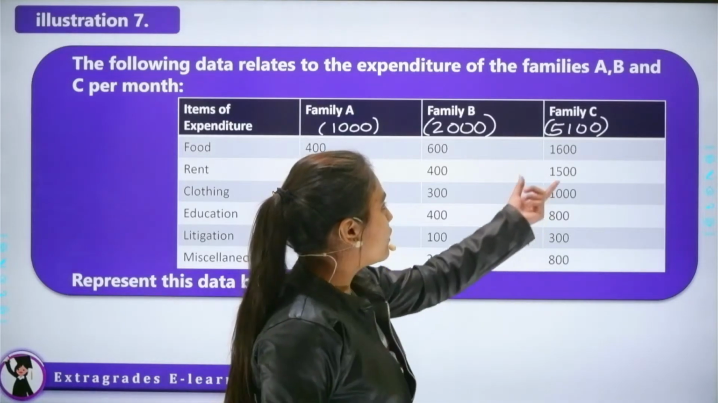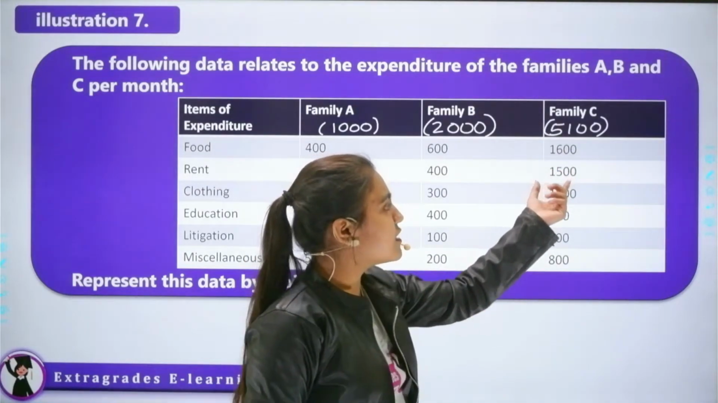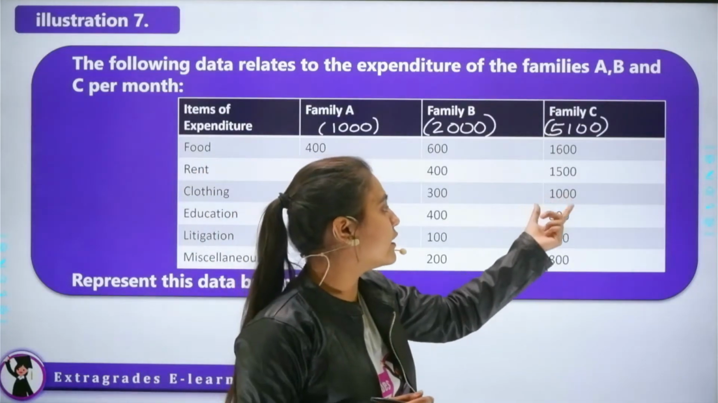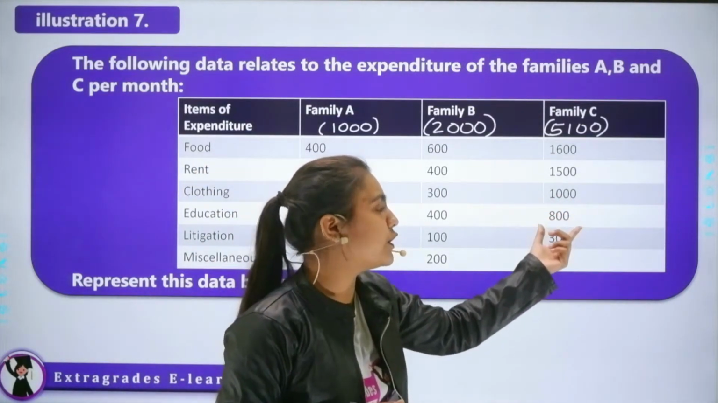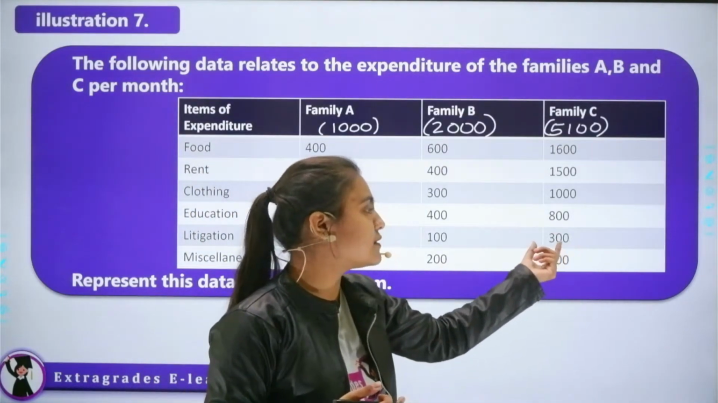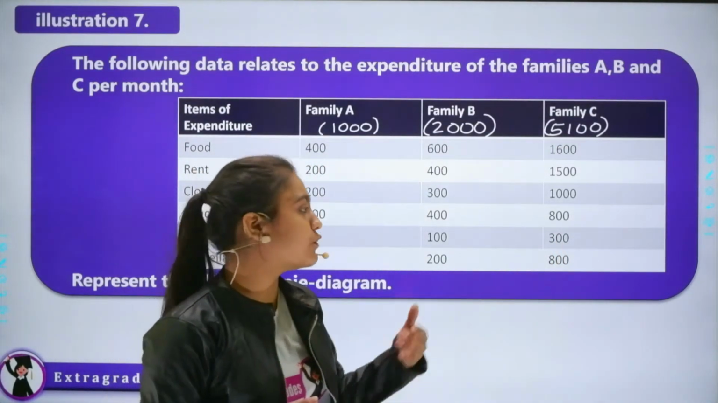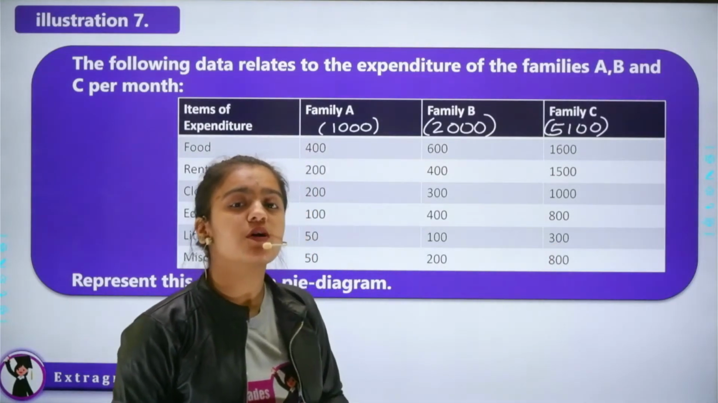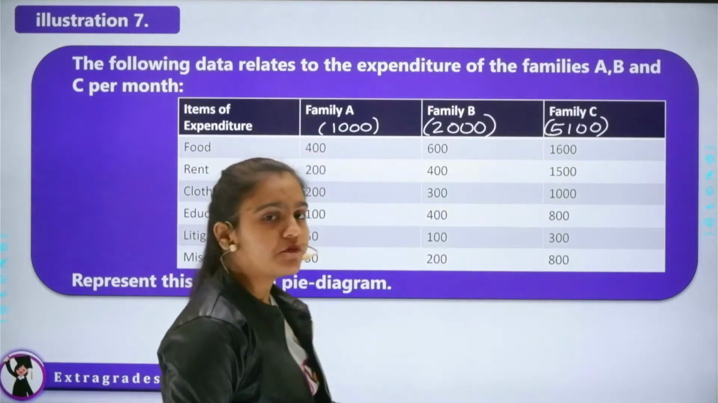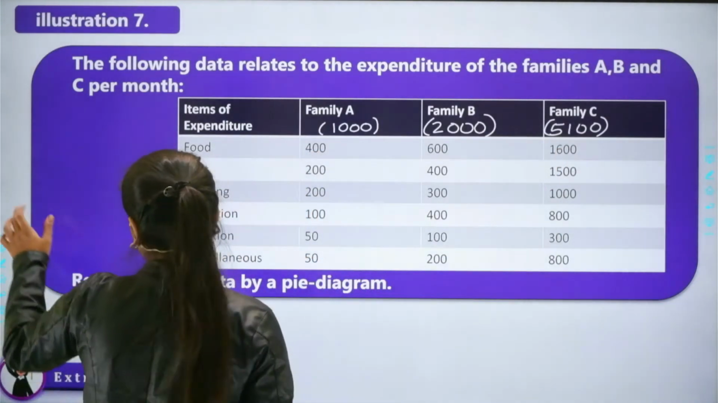You can calculate also 16 plus 15 is 3000 and then 3100, 32 plus 800 is what? 4000, 4000 plus 3 is 4300, 4300 plus 800 is your 5100. So you will get the total as 5100. Next is